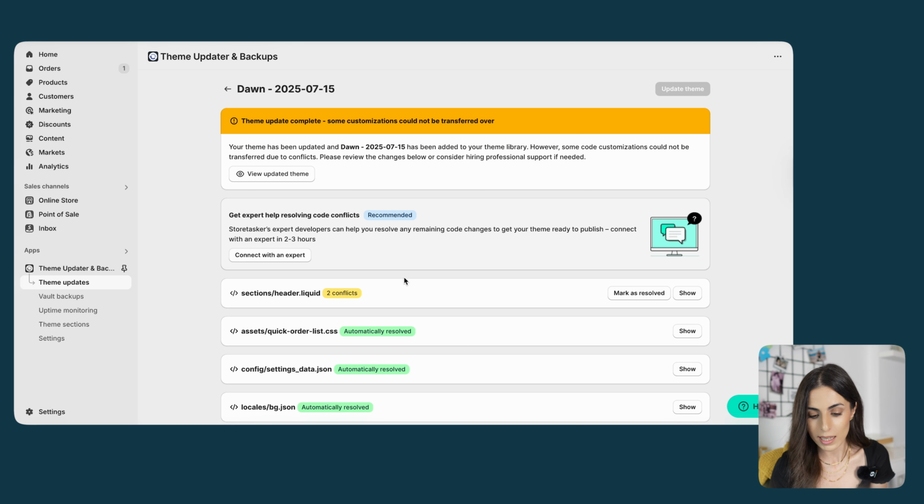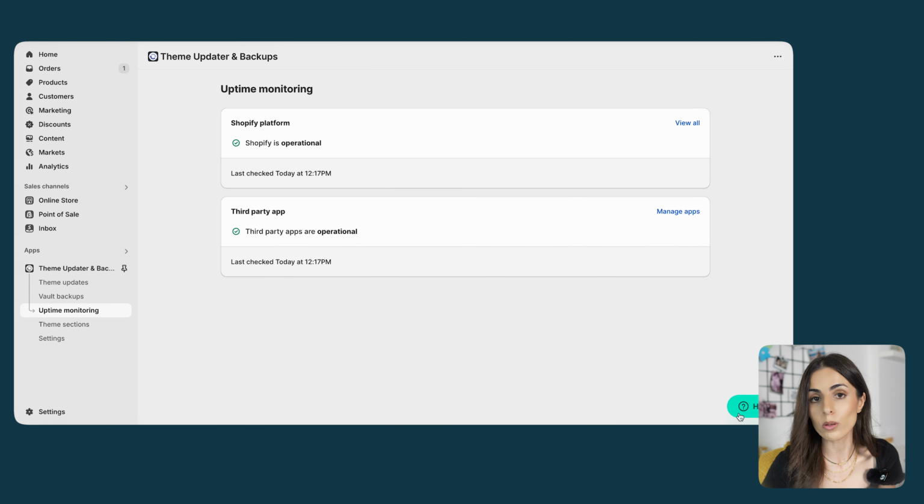And as you can see in here, we had a problem, 2 conflicts that we need to look at. So all you need to do is to share this with your web developer, or maybe if you know how to solve it yourself, or maybe ask ChatGPT and get this done. This is super important for anyone who's looking to do a lot of customization for their themes and want to preserve their work. The final feature we are going to talk about is the uptime monitoring, and it's when the